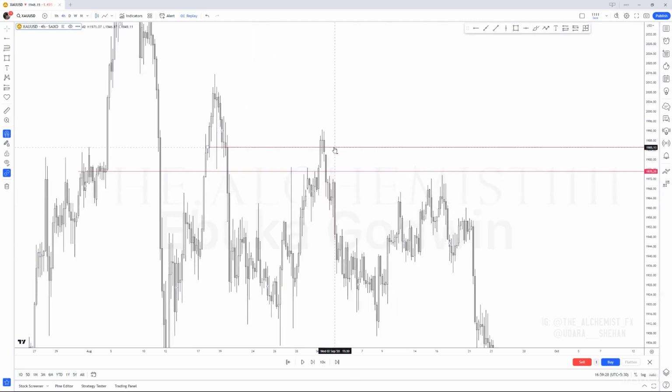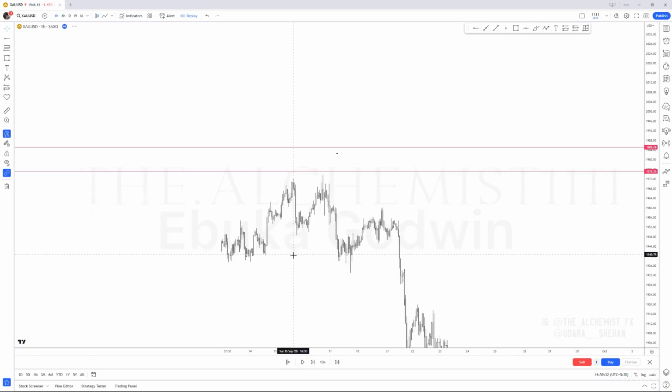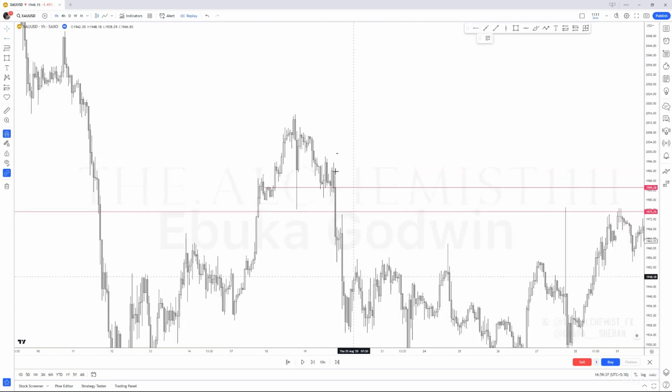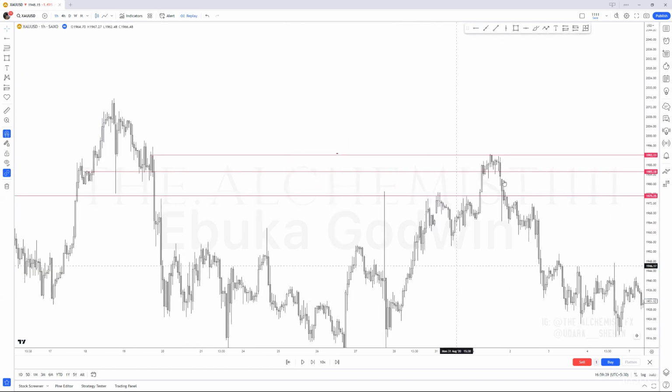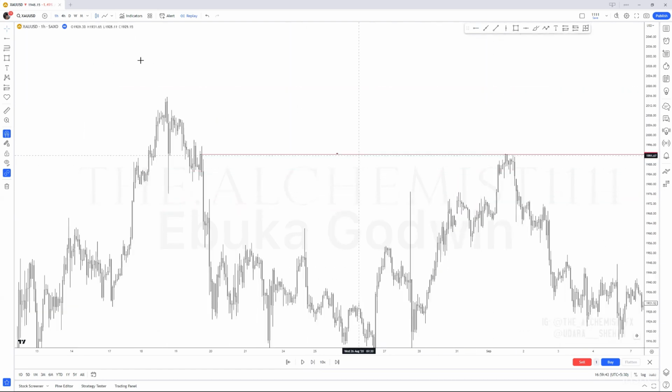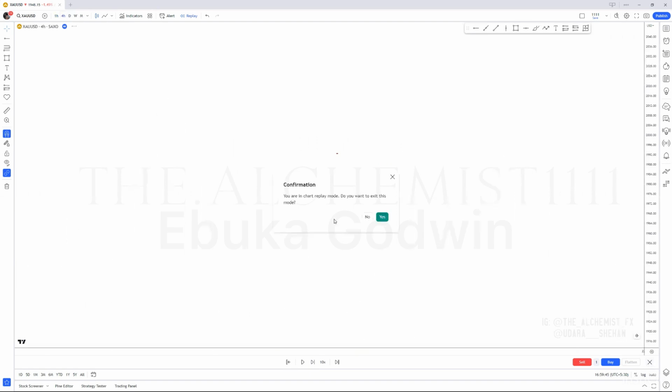Now, this, of course, would have stopped us out, I think. Yeah. Let's see if we could do more refinements of this. We had one more H1 resistance here. That is where I tapped into, see. So we will go through all of that. Don't worry. We will go through all of it. That is not a problem.